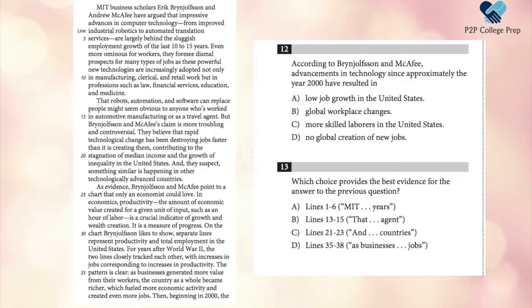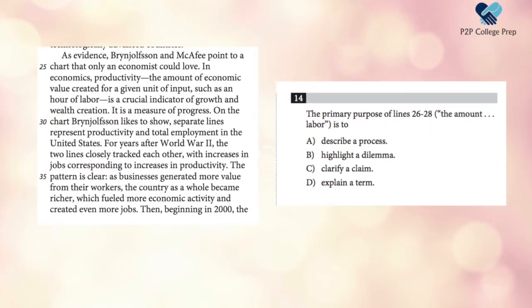While they do talk about how advances in computer technology have changed the workplace, we don't know if these changes in the workplace are worldwide. There's nothing in the text to suggest that. So that's why our only option is A. The word sluggish is our keyword, and in our answer, low job growth is our keyword. So from that, we can conclude number 12 is A, and our lines to best support that in number 13 is A. Number 14 says, the primary purpose of lines 26 to 28 is to A, describe a process, B,